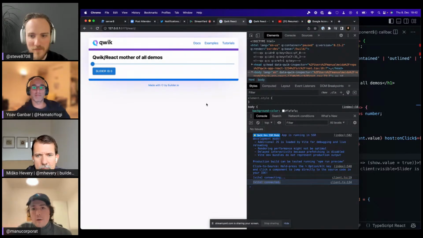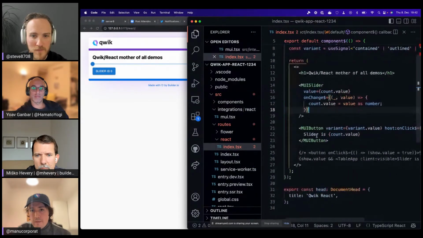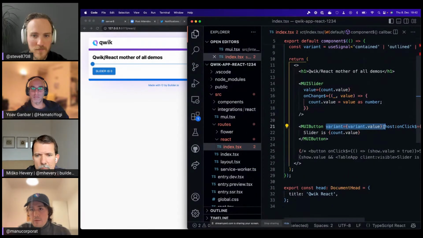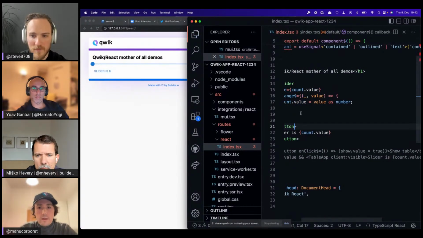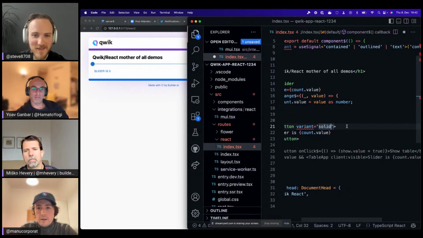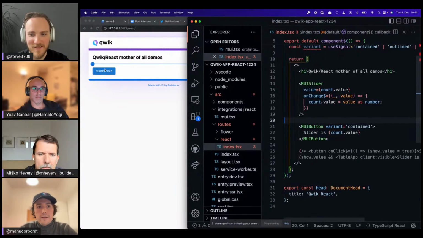And I'm going to show you actually when it happens. You will see it here. I'm going to just go to this button component, right? We have this. I'm going to simplify this a bit. We can add this code later. I'm going to say the variant is solid. I think solid is the word. No, contained. Sorry. So it looks like this.